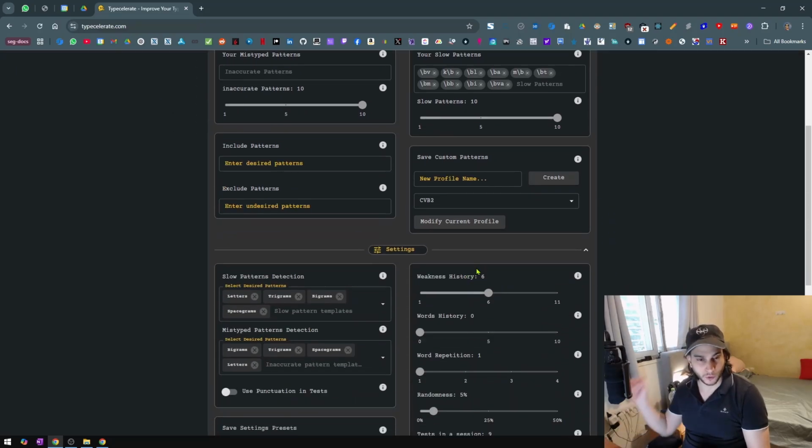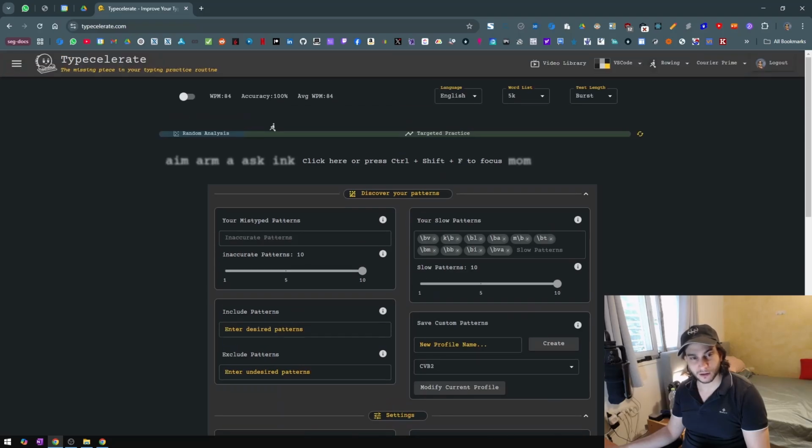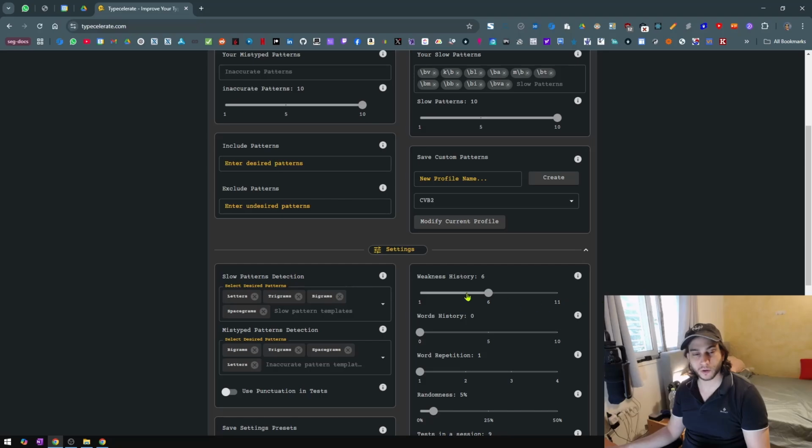So if you want the algorithm to look at many tests, you can slide the slider all the way to the end. And if you want it to look only one test into the past, you can put it on 1. 6 I find for me is a convenient number for this functionality, but you can do whatever you want. So the next slider, the words history,